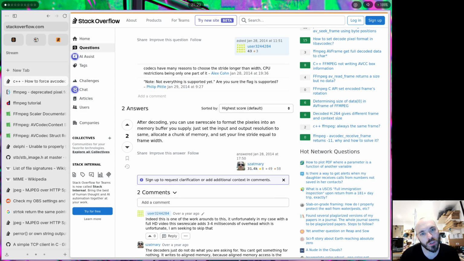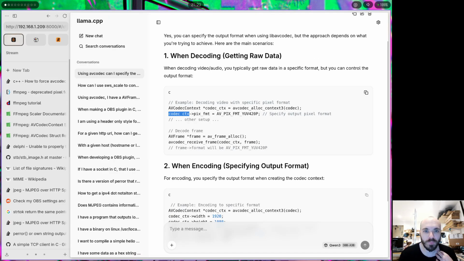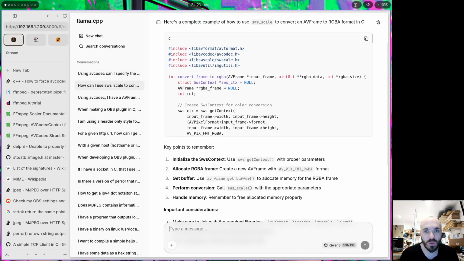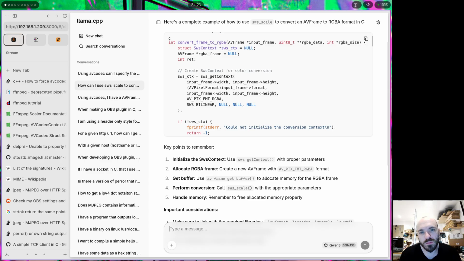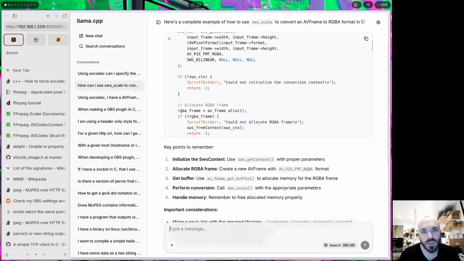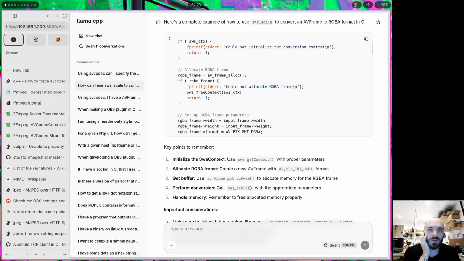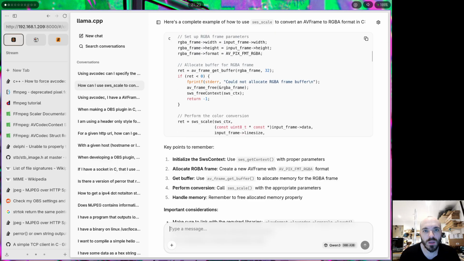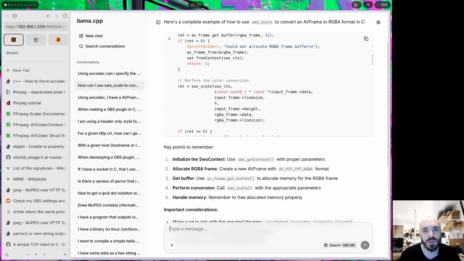Set the input and output resolution to the same, allocate a chunk of memory, and set your line stride equal to frame width. After decoding, you can use libswscale. Okay, so this is incorrect, and this is maybe more correct in a way. I could try bilinear. So you allocate a new frame, you set the input frame and the output frame and the format the one you want. You get the buffer for the RGBA frame, and then you,